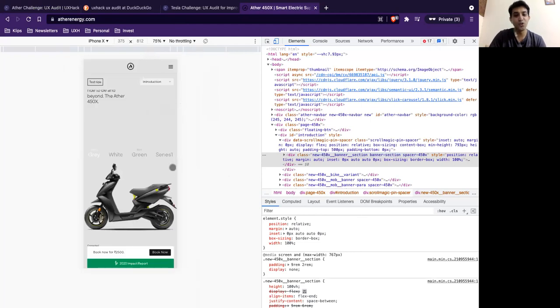No, not the product. Oh, right, sorry. Good point. It's the website. It has absolutely nothing to do with the product. We cannot do anything with the product. As a designer and a PM, we have no say on the product that we are selling. We only have a say on the way the product is being sold. So it is about the website, right? I just wanted to clarify that.